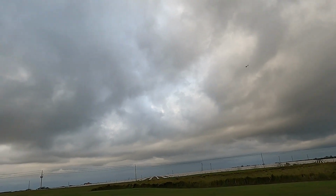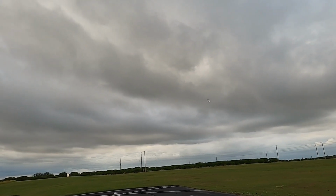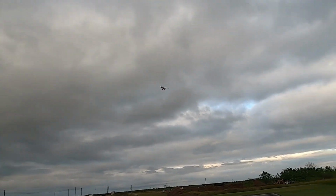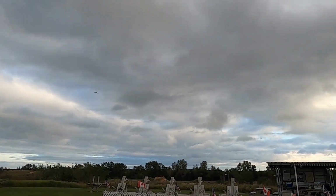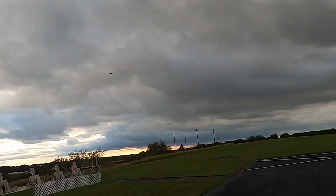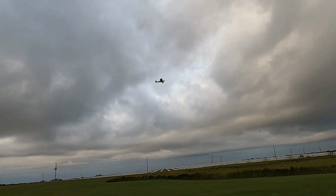I gotta tell you, this is the second time I have ever flown this plane. The plane calls for a 2200 3S, but I've got a 3600 3S. I happened to find China Hobby was selling these, called Kronks or something. I don't know what they're called, but it's one of their specialty batteries. It's more of a square rectangular brick,